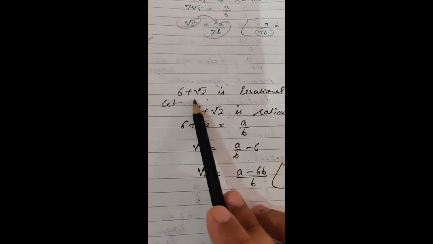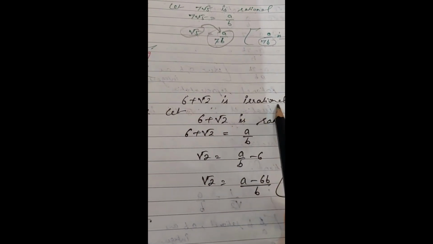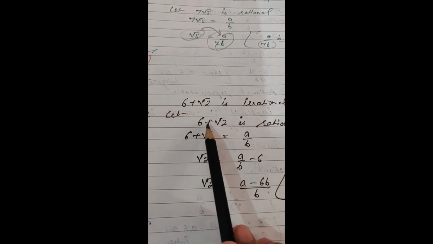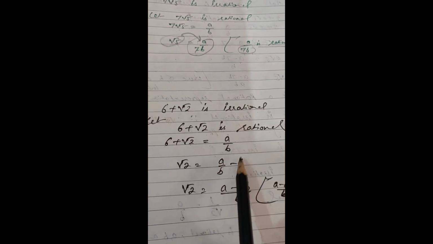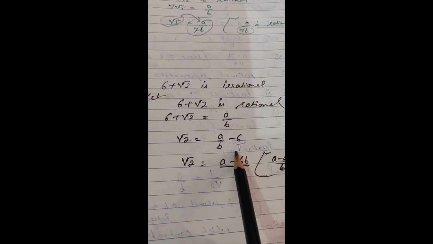Last one, 6 plus root 2 is irrational. So consider, let's say 6 plus root 2 is a rational number. So 6 plus root 2 is equal to a upon b. Root 2 leaving over here, 6 toward this side, right hand side, taking up the LCM, b, a minus 6b upon b. Now this is an integral value, so root 2